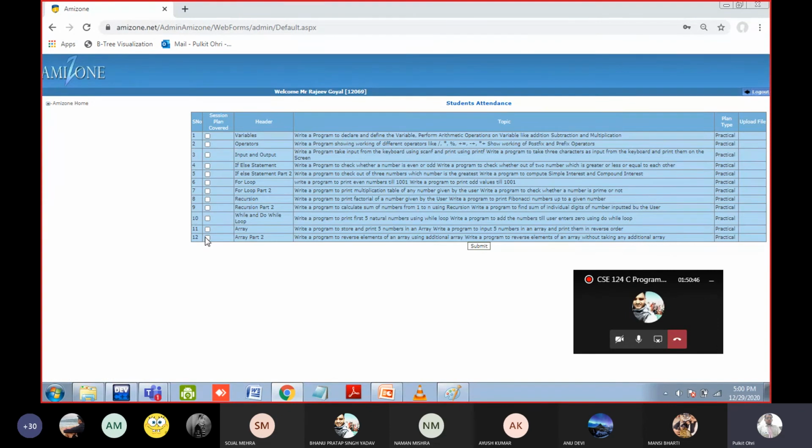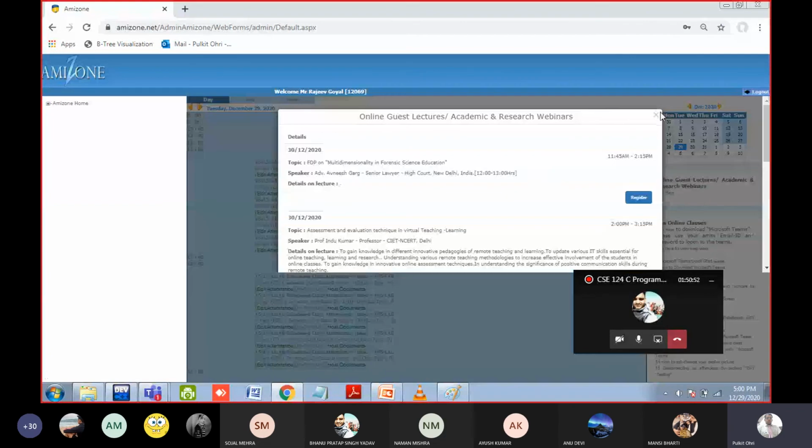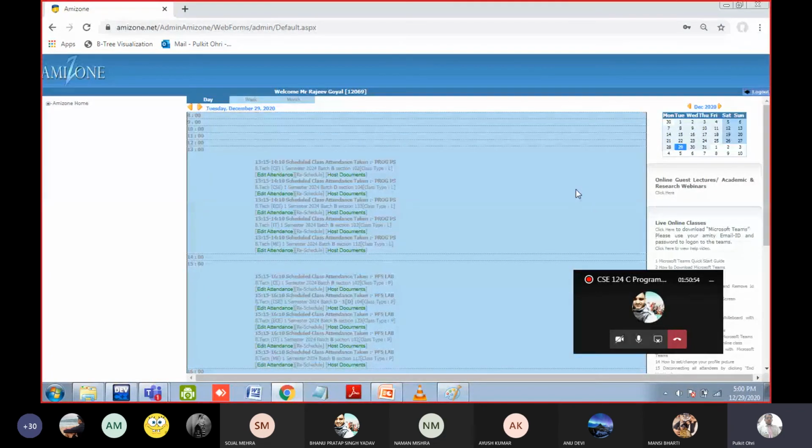So I hope you all have done the palindromic code. Now I will give you a program that is not from the array. Look, the array topic is very big, so we have done a lot of programs on array. We will do a program that is not based on array. So we will do around 4 to 5 programs that are very famous, but these are not from array.